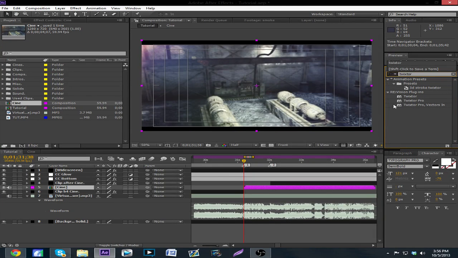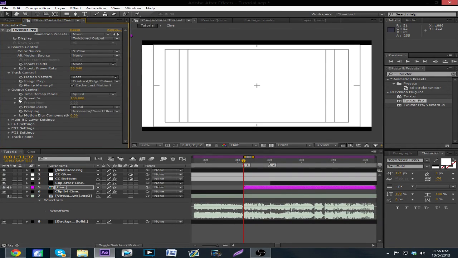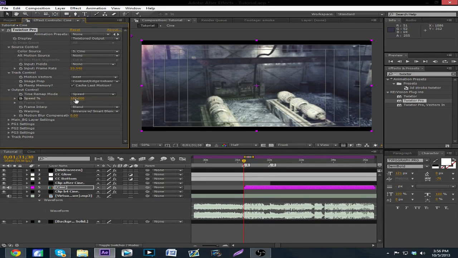I don't really use any fancy Twixtor settings. I just add Twixtor, change it to the best keyframes, which is 59.94, change up my image prep, change up my warping, and then I'm done. So what you do with Twixtor, so it doesn't have any weird keyframes, you always keyframe 100% right before the actual clip. And then what I do for the transition effect is that I usually